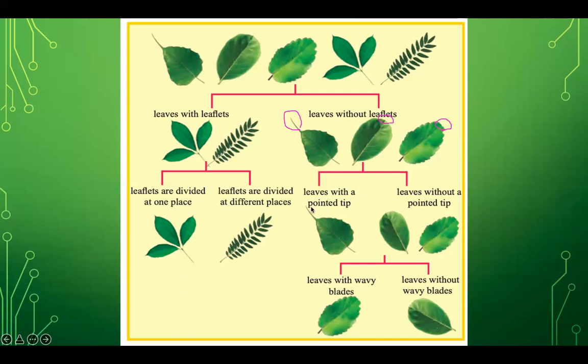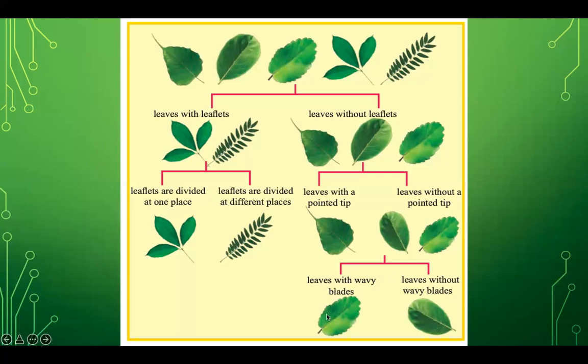Okay, leaves with a pointed tip. This has a pointed tip. But leaves without a pointed tip, you can see these 2, jackfruit and some others. So these are leaves without a pointed tip. That is another category. Then you can further divide. So leaves with